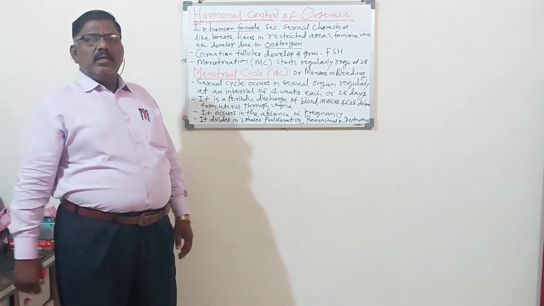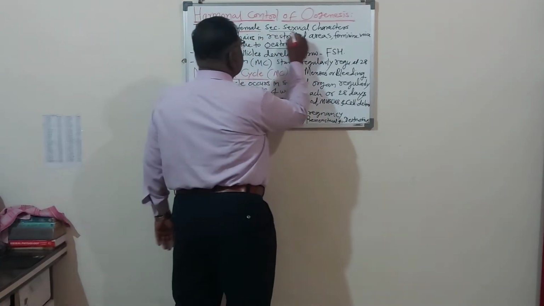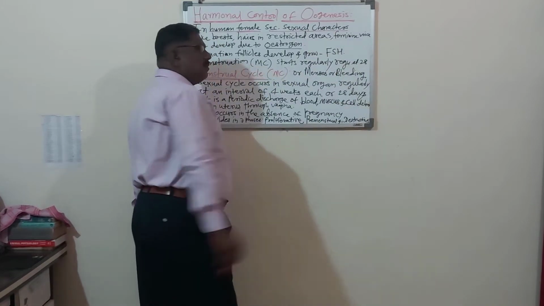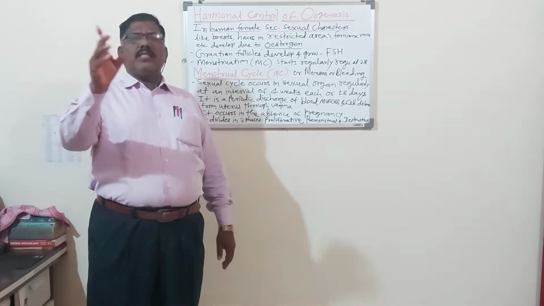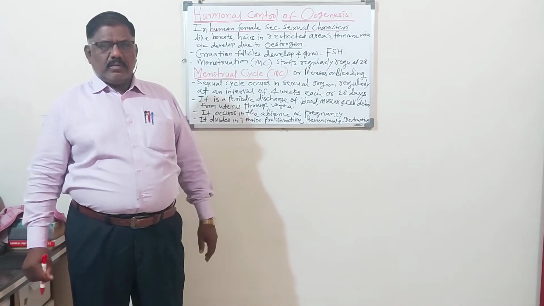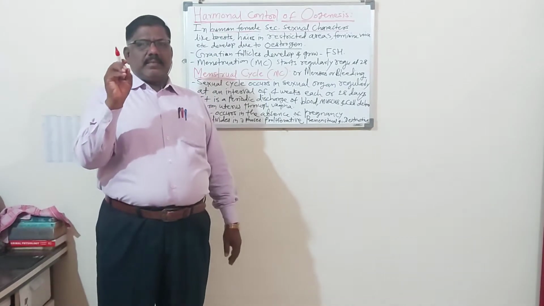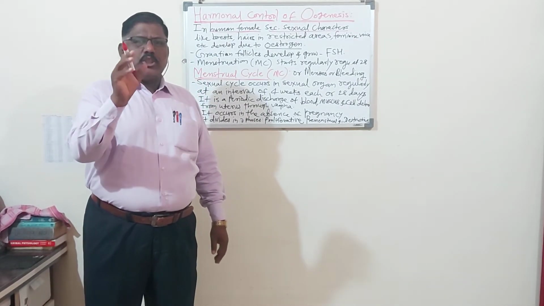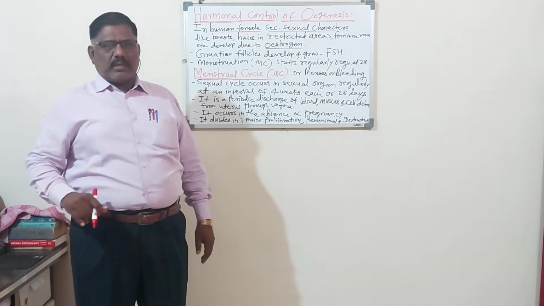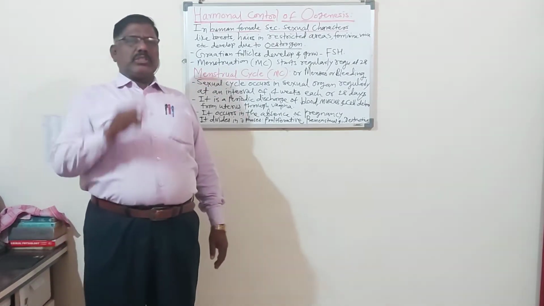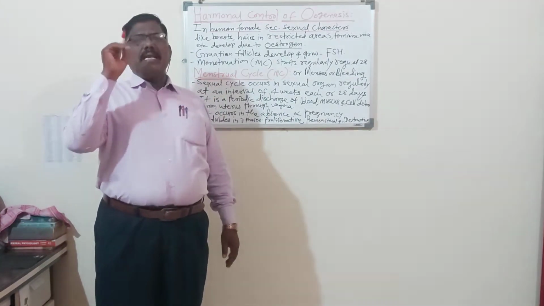Modern man. So in human female, the secondary sexual characters means the characters which are visible in the human female. In the mature female or in the girl who is mature, the characters which indicate the femaleness,